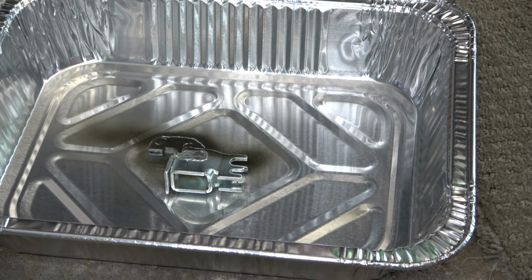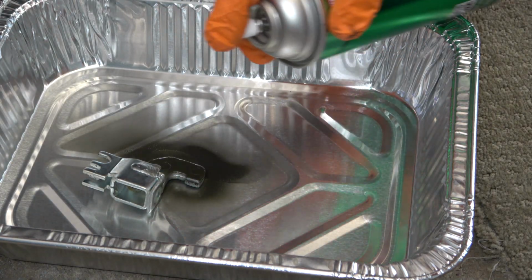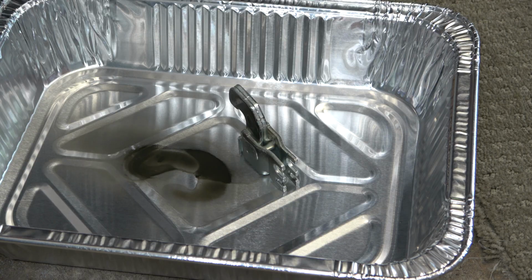So I'm simply going to spray it onto the part that actually sticks through the backing plate. You'll notice that it sprays on there almost like spray paint. It is black, and then it will dry just about clear. Once I spray that part thoroughly that's going to stick through the backing plate, I'm going to go ahead and stand it up, and then I need to give it about 10 to 15 minutes to dry, and that's really